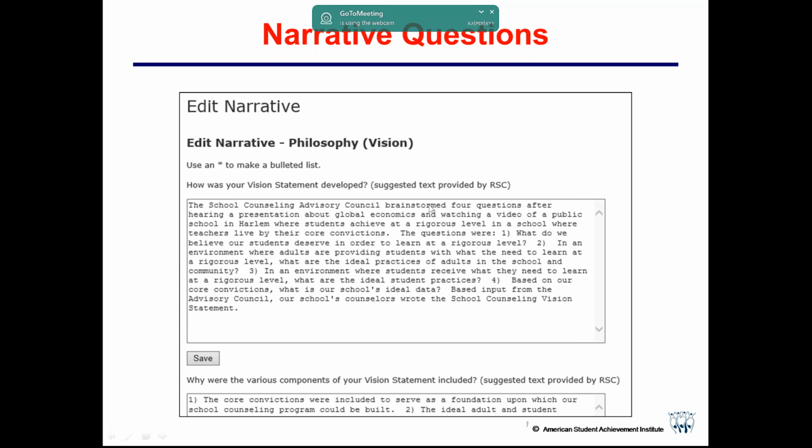You can see here that I dropped in some text, and I said that this text was suggested text provided by RSC. So, here's what we think that you did, and I just typed it in. And what you can do then is just edit this.